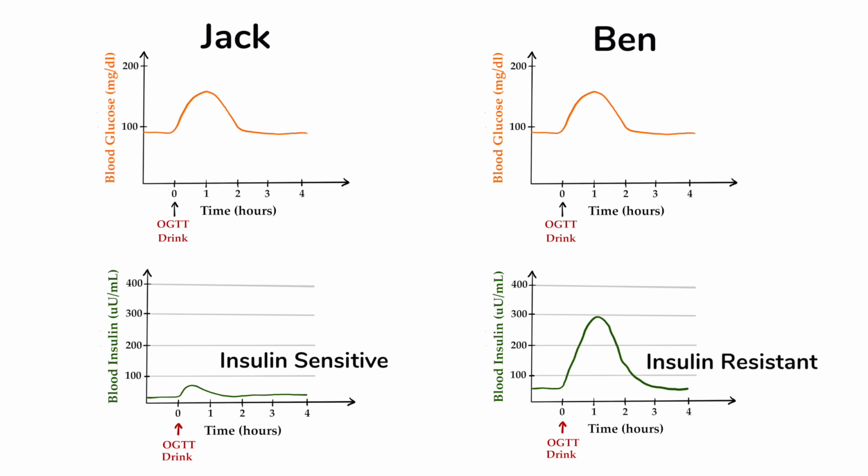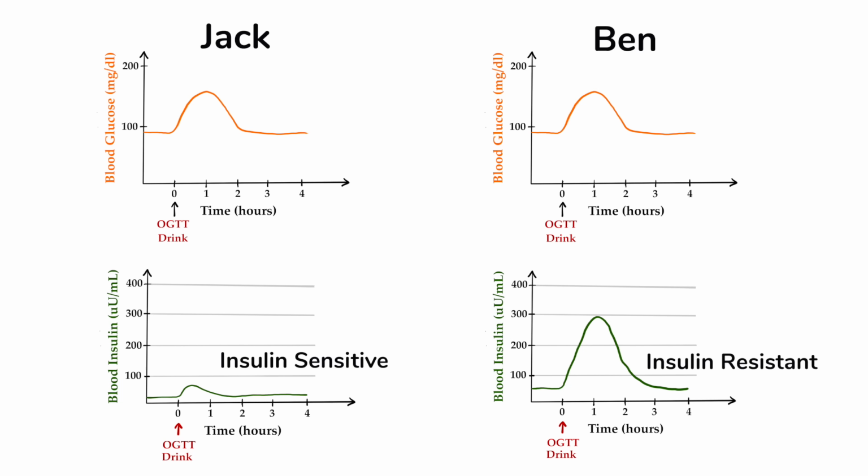Insulin sensitivity and insulin resistance are relative terms though, and there are no clearly established clinical thresholds to diagnose insulin resistance like we have for blood glucose. So there are two things going on here with Ben. One of these is clearly not a good thing because his high insulin levels show that he is very insulin resistant. The other is positive though, and that is that his body is able to make this much insulin.